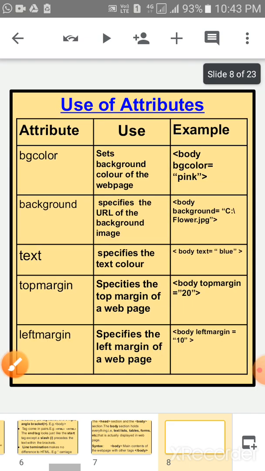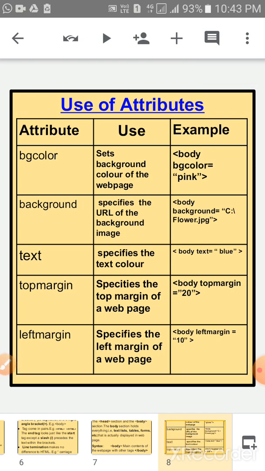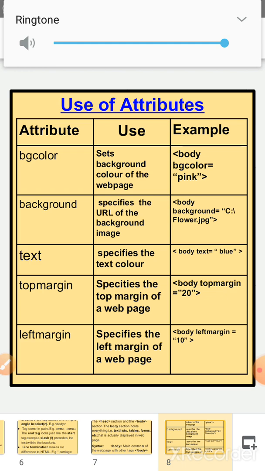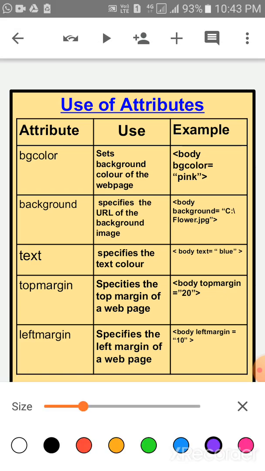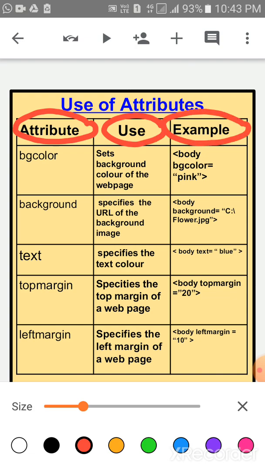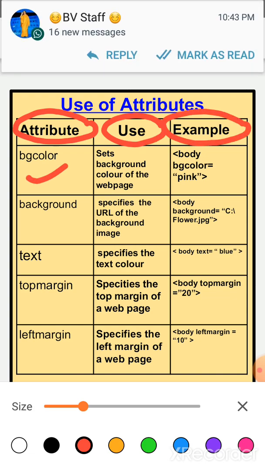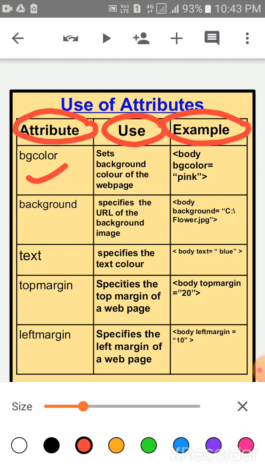Children, next is the use of attributes. This is the table. You can see the use of attributes. This is the column of attributes, this is the use, and this is the column of example. First of all, we are taking BG color.